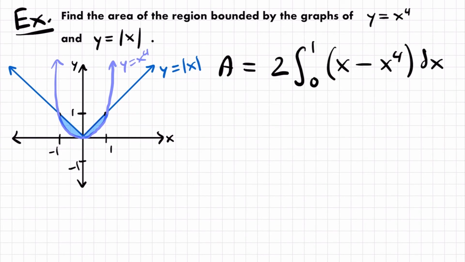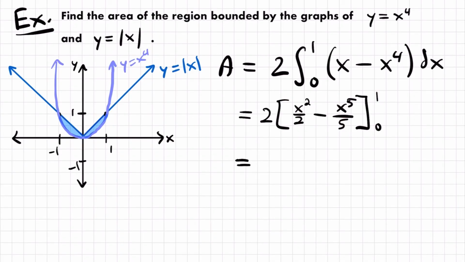And if we integrate both of these terms using the power rule of integration, we will have that the area is equal to 2 times x squared divided by 2, right? We add 1 to the exponent and then divide by that new exponent, and then subtract x to the fifth power divided by 5. And that will be evaluated from 0 to 1. All right, and so now we'll plug in 1 into this expression, and then subtract plugging in 0 into this expression. And so this will be equal to 2 times 1 squared divided by 2 minus 1 to the fifth power divided by 5,